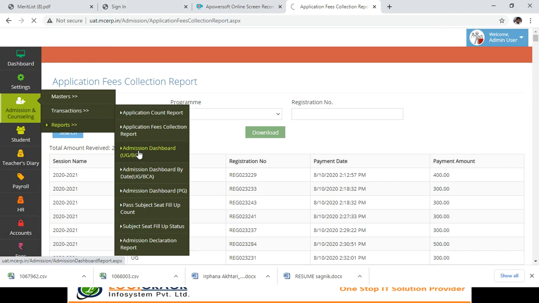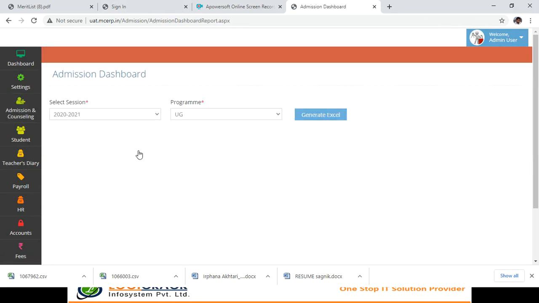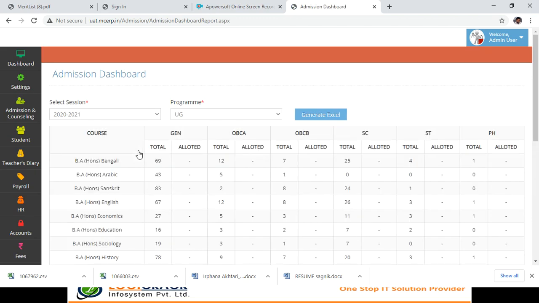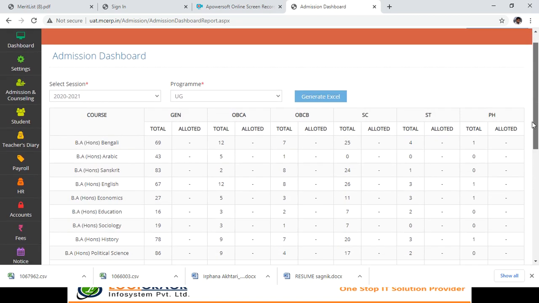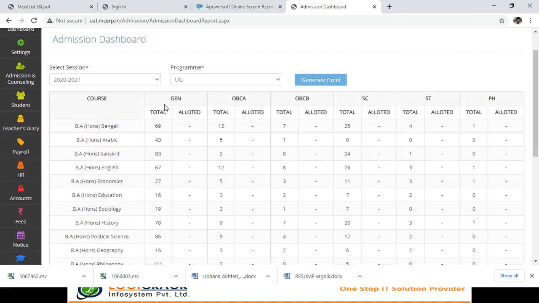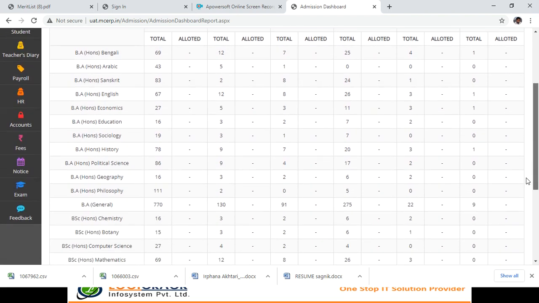And next let's move on to the live admission dashboard. This is the heart of the application, wherein the college authority finds this very useful because it shows the live dashboard, that is during the counseling process, the number of courses, the total number of seats available per course, and the total number of seats allotted, like categorically, you can say category wise as per general, OBC, OBCB and other categories that exist in government colleges.